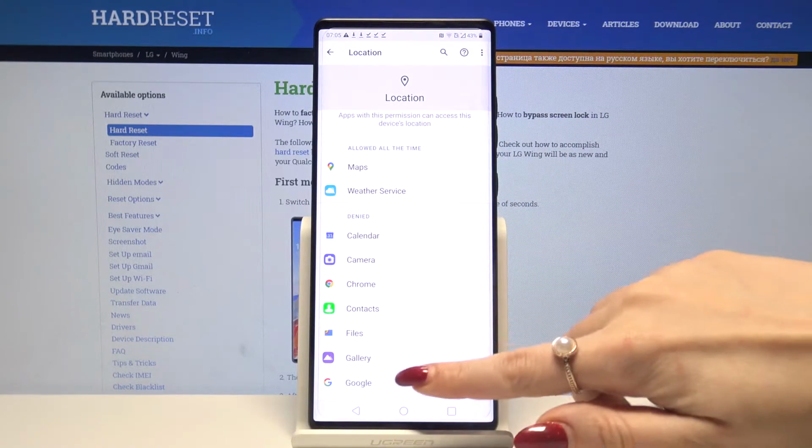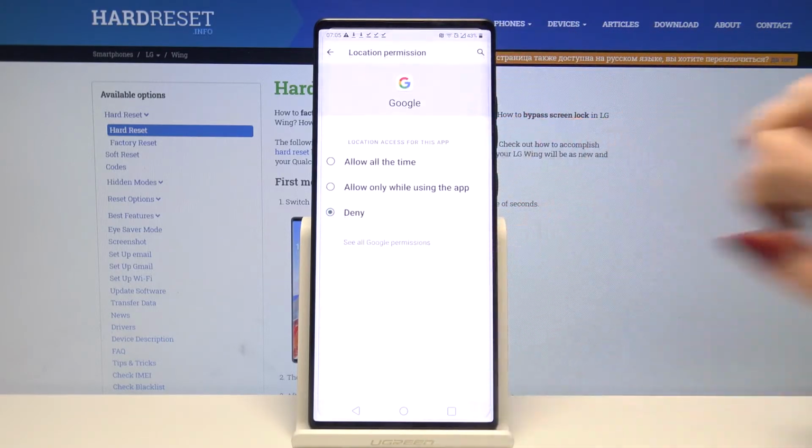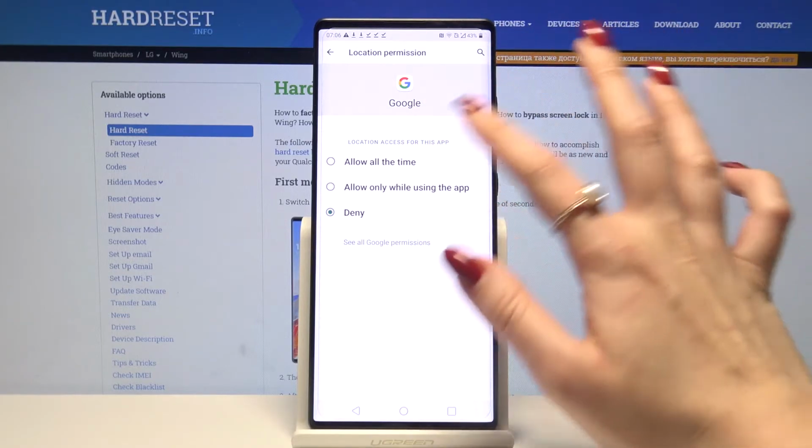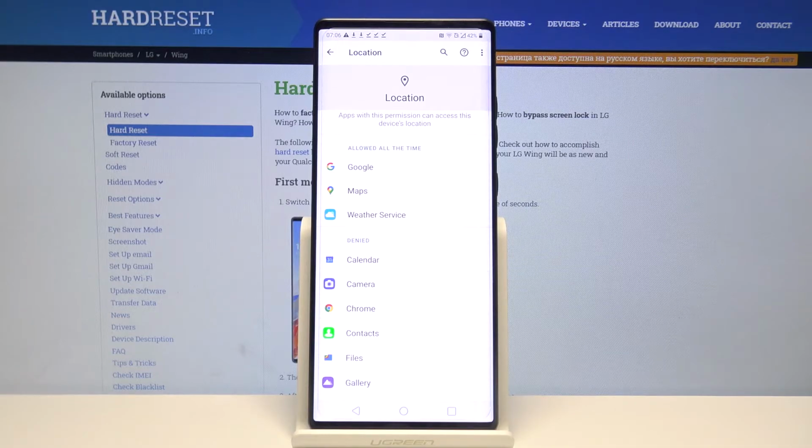Over here, pick an app, like for example Google, click on it, and select one of the options: allow all the time, allow only while using the app, or deny. Now when I go with allow all the time and go back, I can see that Google gained access to